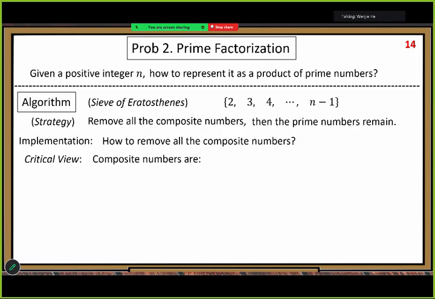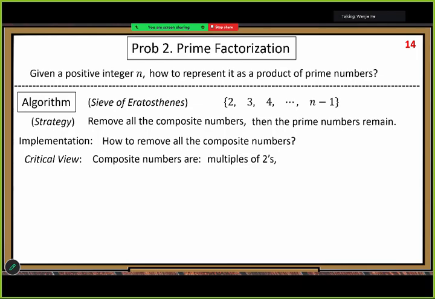So they are targeting the composite numbers, not targeting primes. Primes are too hard to work with. Composite numbers are much easier to work with. So they target composite numbers. But how to